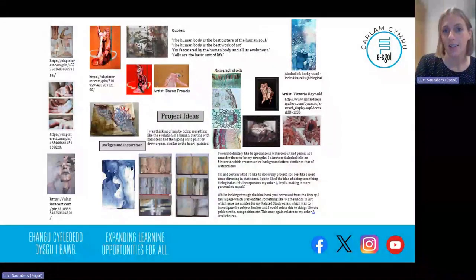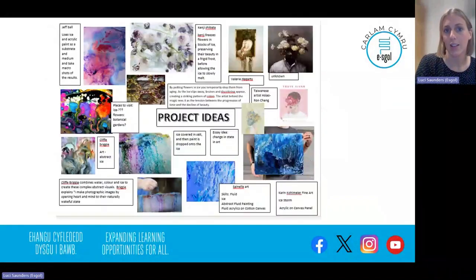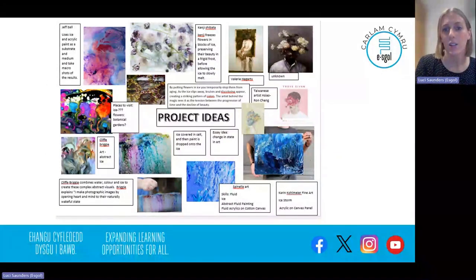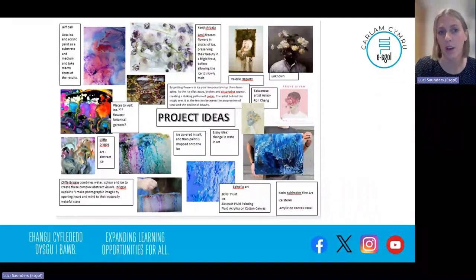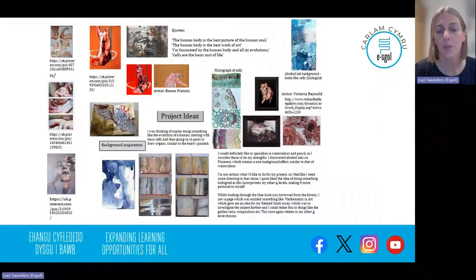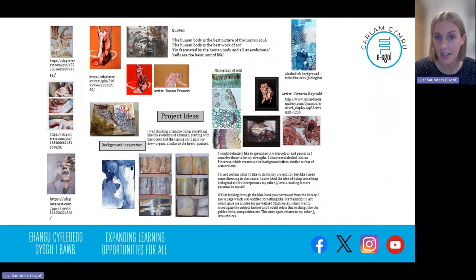So you might decide, like these two people have, to create digital images. These have been created, I think, on PowerPoint, adding notes and putting images. You can tell from this a general idea of what the student might create. Same with this one. If you read a little bit more carefully, it says they'd like to specialise in watercolour and pencil, and that they'd like to look